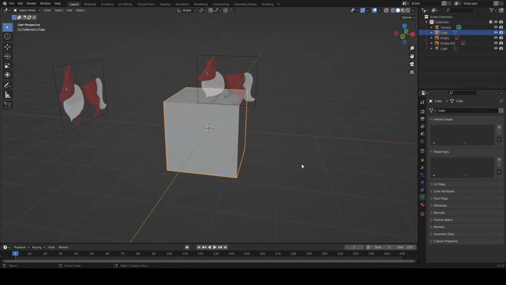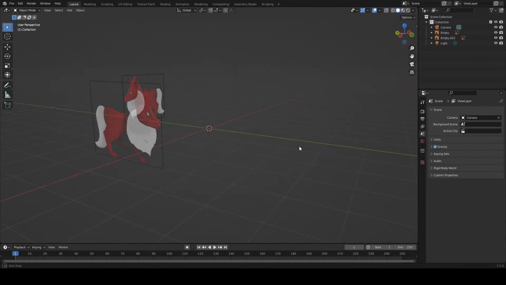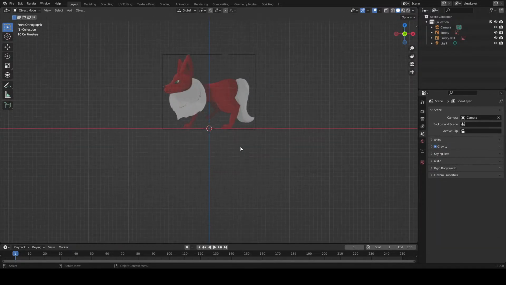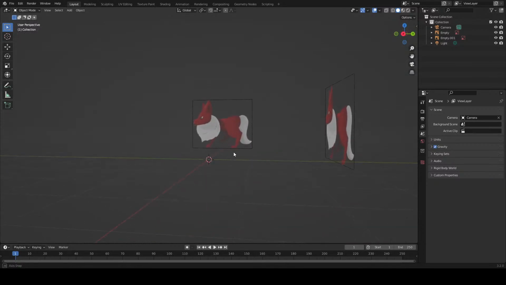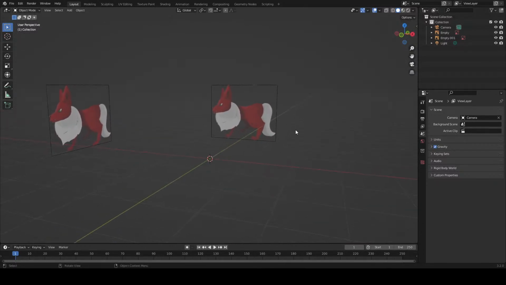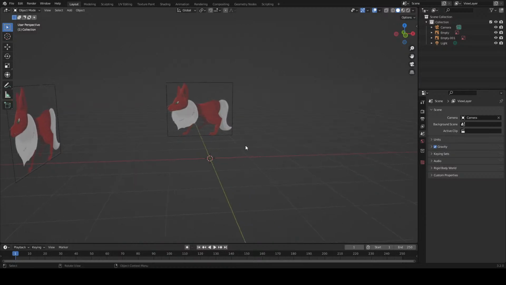Okay, so how are we going to do it? The way I like to model is, first of all, deleting the default cube, and I like to do the rough shapes first and then start joining everything together. So I think we're going to try to do that. I don't have a front picture of the model, which is kind of annoying, but I think we should be fine with the profile one. I'll just eyeball